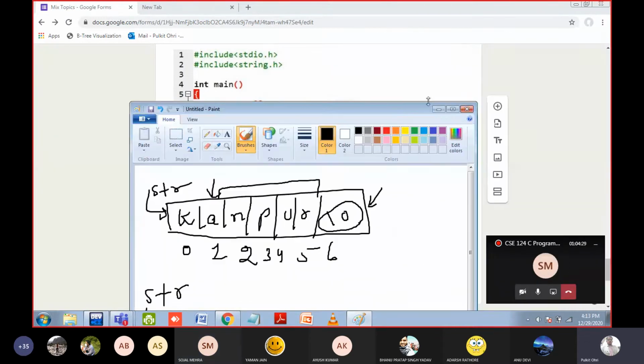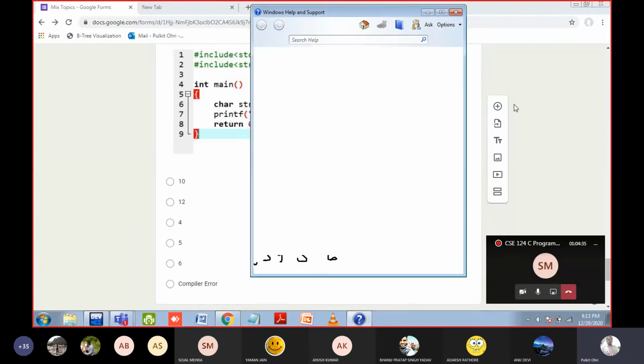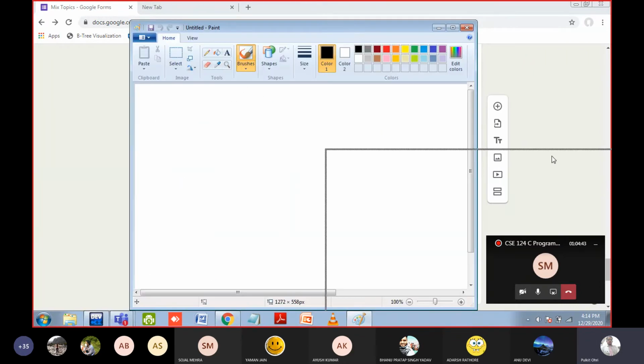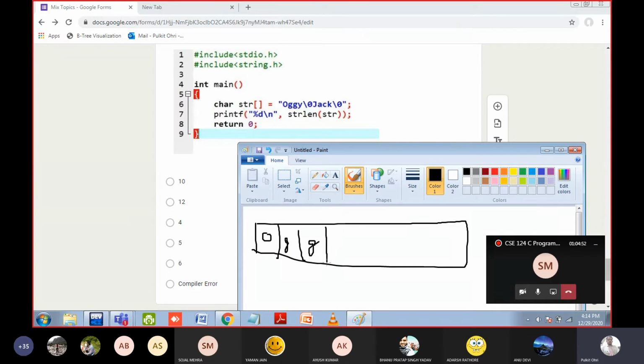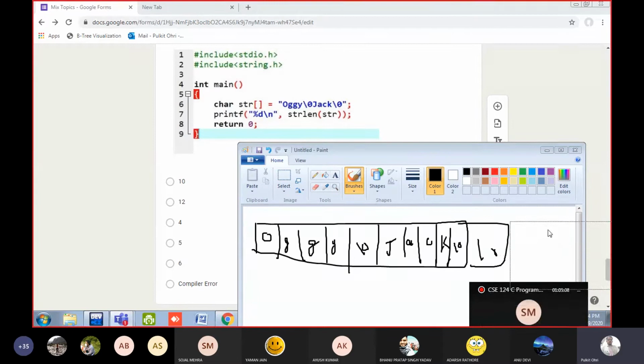Okay, so what is actually happening here? Look, I have told you /0, the null character, is included by the computer automatically. But you can also do it by yourself, though that is not a good thing. Why? Because I will tell you. Here an array is there and this particular data is stored: O, G, Y, Augie and /0. /0 is not two things, it is a single thing. Then Jack, then again /0. Then the computer will also include /0 by itself. So it means 3 null characters are there.